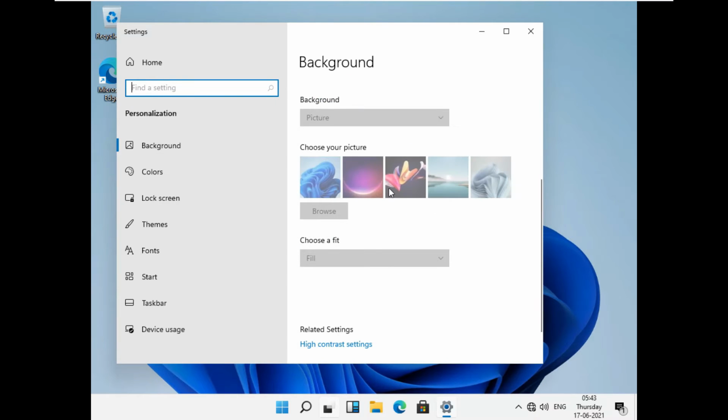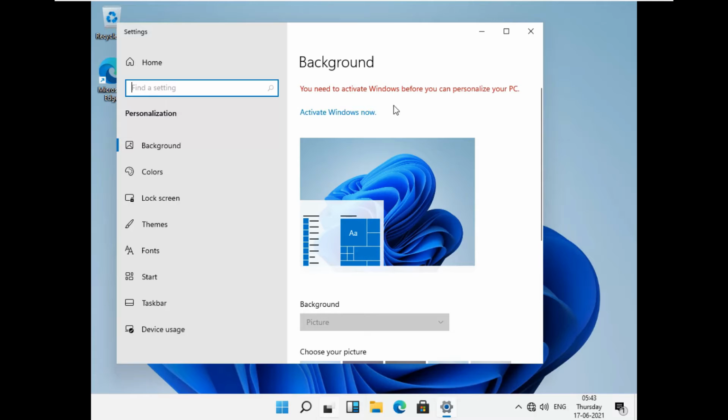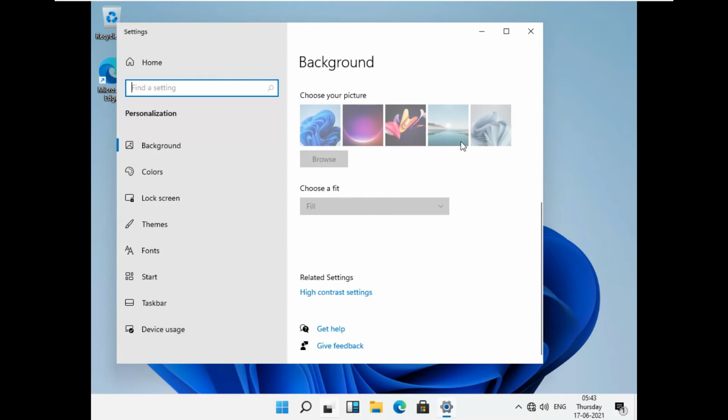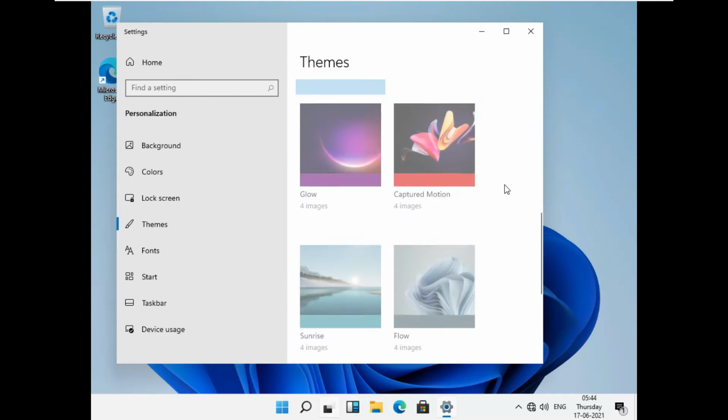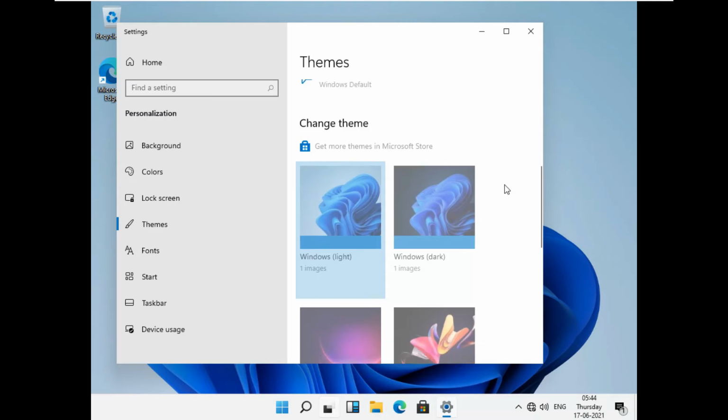I cannot change them right now because I haven't activated Windows 11 because I don't have the key, but you can see the new wallpapers. On the left hand side, if you click on themes, you can find the new themes also.